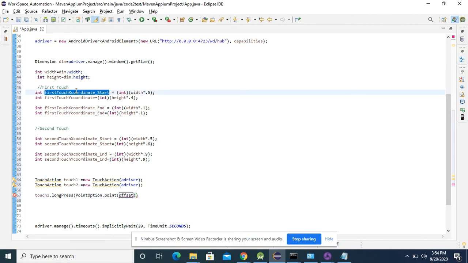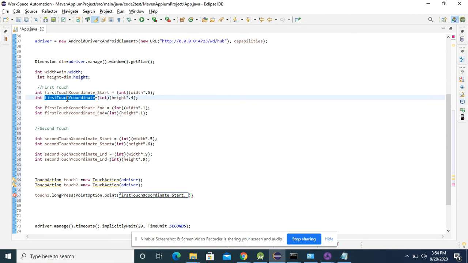So just provide the x and y coordinate. This is my x1, and similarly provide the y coordinate of my first touch. This is my source coordinate.